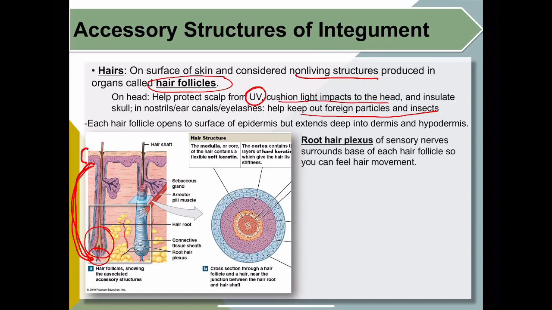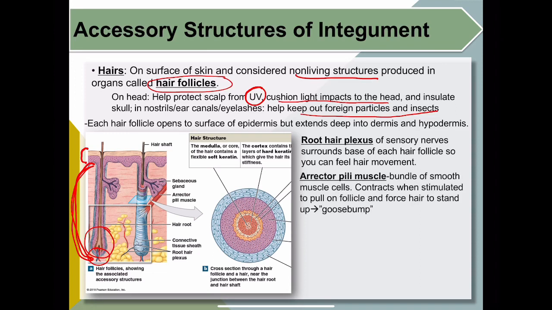Now, we're going to talk about other parts within the hair part, which are root hair plexus and arrector pili. Now, don't confuse the circulatory plexus with root hair plexus. Remember, when I talked about plexus, it just means it is a network of something. Okay, so it doesn't have to be blood vessels. It can be nerves as well. So in this case, root hair plexus is not talking about blood vessels supplying the root of the hair. It is actually a network of sensory nerves that surrounds the base of each hair follicle, so we can feel